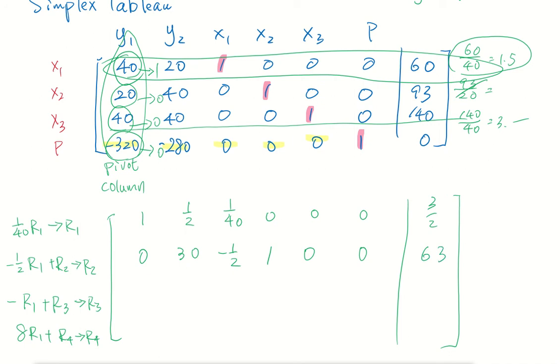The third row, multiply R1 by negative 1, add to R3. So negative 40 plus 40 is 0. Negative 20 plus 40 is 20. Negative 1 plus 0 is negative 1. 0 plus 0 is 0. 0 plus 1 is 1. 0 plus 0 is 0. And negative 60 plus 140 is 80. Okay, last row,